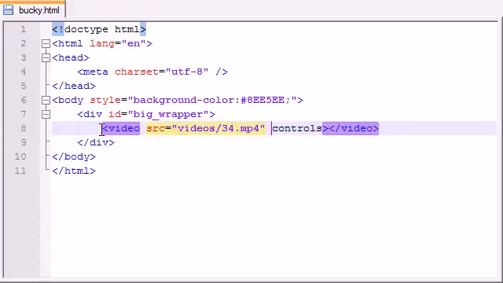Now, this is kind of like the core basics in order to get a video on the screen and playing. But there are also a couple additional attributes. Of course, you can change the